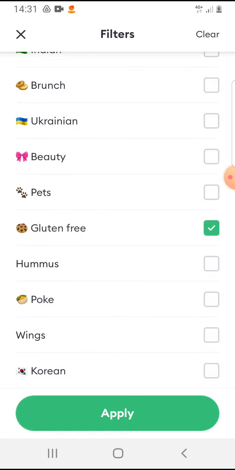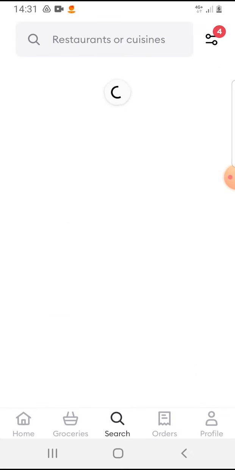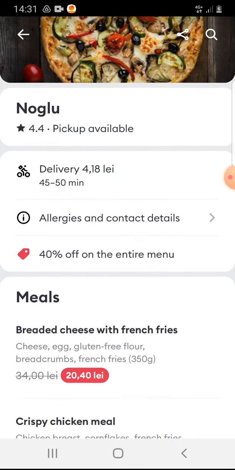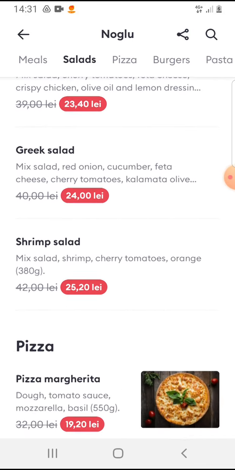Let's tap on gluten free, apply, and here you will have your options for these filters, what you applied, and here you can order from there. That's pretty much for this